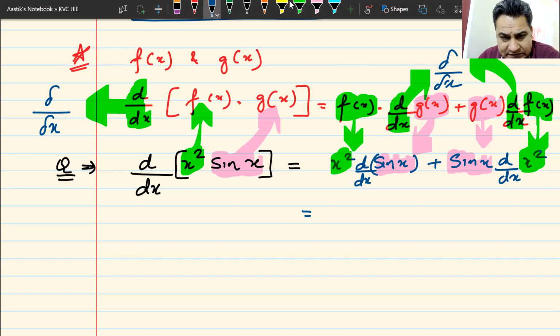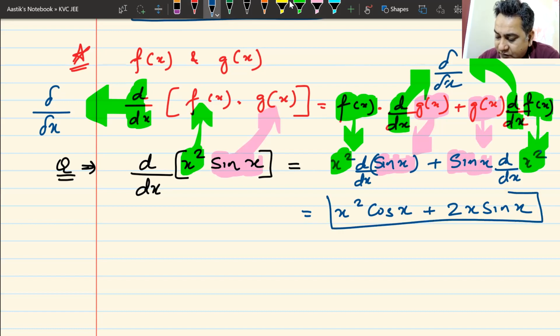Derivative of sin x is cos x. x squared cos x. Oops, I am writing theta. I must write x. x squared cos x plus the derivative of x squared, which is 2x, times sin x. That is the answer that I was looking for. How many of you got this answer? Please raise your hands. Oh, so many. Okay, well done. I think we had done it previously, but it's always good to have a recap.